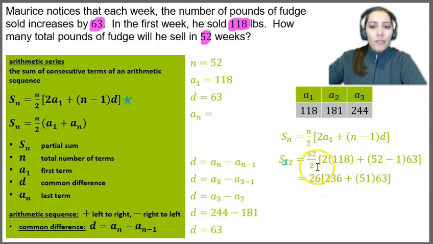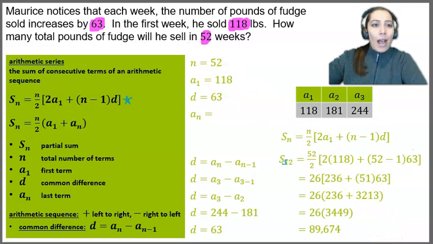From here, 52 divided by 2 is 26, 2 times 118 is 236, 52 minus 1 is 51, and that is still being multiplied by 63. From here, we have 51 times 63, which is 3,213, and 236 plus 3,213 is 3,449, and that multiplied by 26 is